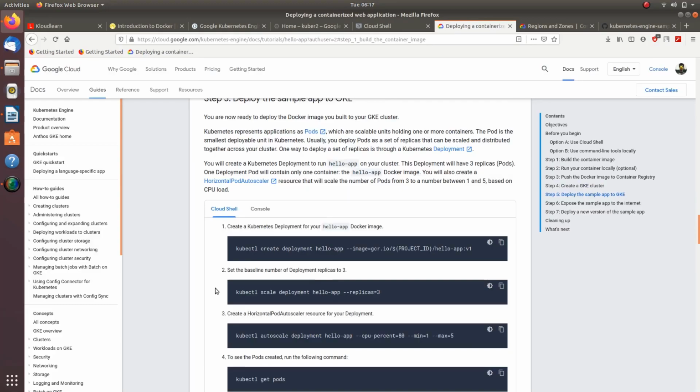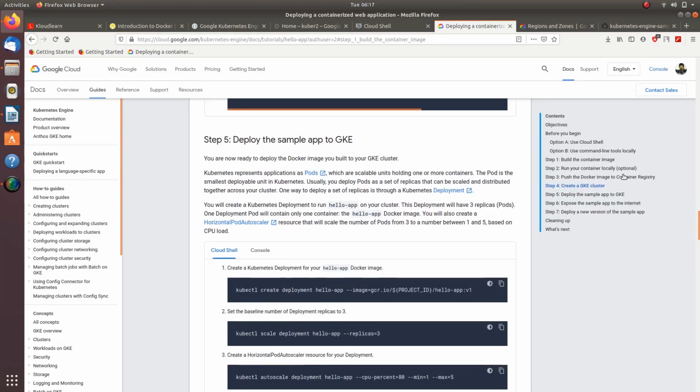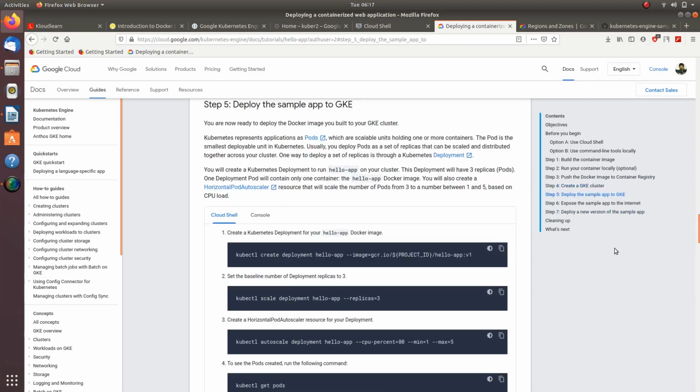Now the next step is, what we have done is we have built the container image, we have run the container image locally also, we have pushed that, we have created the GKE cluster. Now the next step is to deploy our sample app to GKE. So for that we use kubectl, which is used to manage Kubernetes cluster. So we'll write kubectl create deployment,